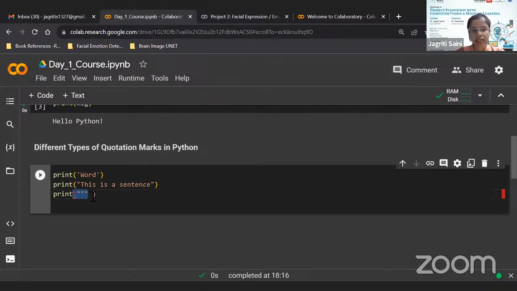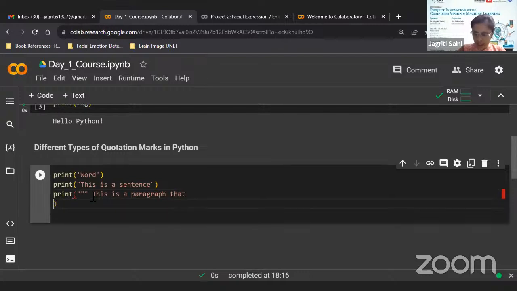Three quotation marks in the beginning, such as further we can write, maybe this is a paragraph that contains multiple lines with